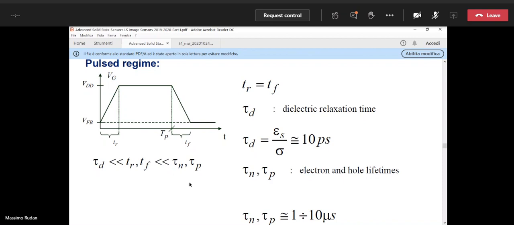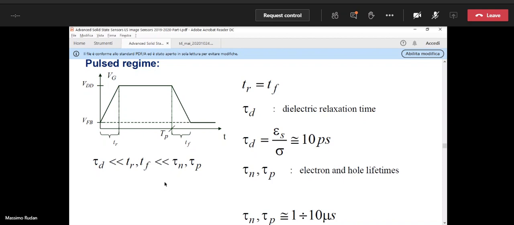So you remember that in a good piece of silicon, that means with not so many defects in the gap, the lifetimes tau n and tau p are larger than 1 microsecond. They may be between 1 and 10 microseconds. Okay, so they are relatively large times. The rise and fall times TR, TF are much smaller than the lifetimes,